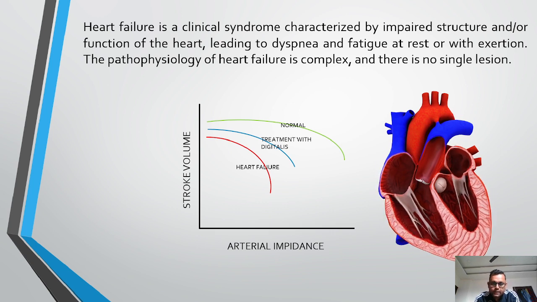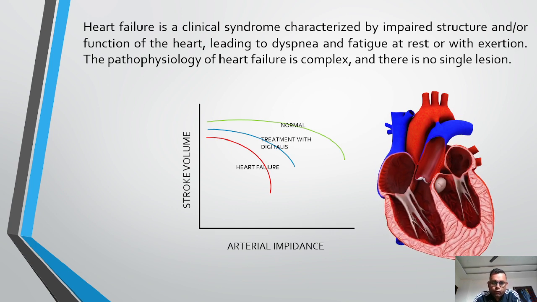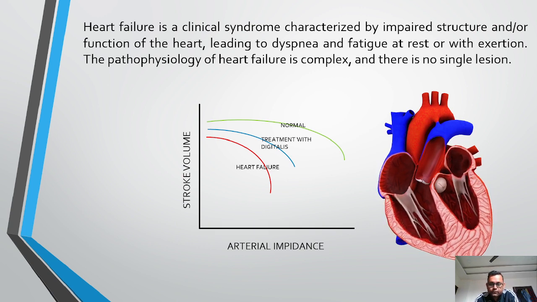In a normal heart, the stroke volume leads to an increased arterial impedance, but in a failing heart the stroke volume is reduced due to the left ventricular dysfunction or the muscle loss of the ventricles, due to which the arterial impedance is not proper